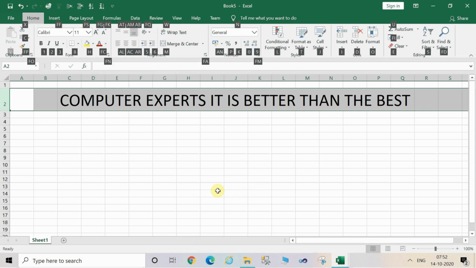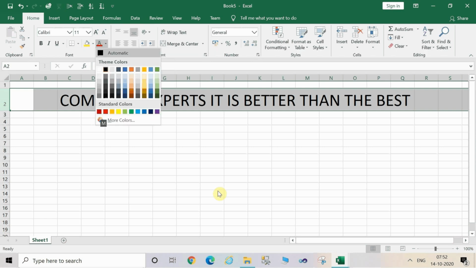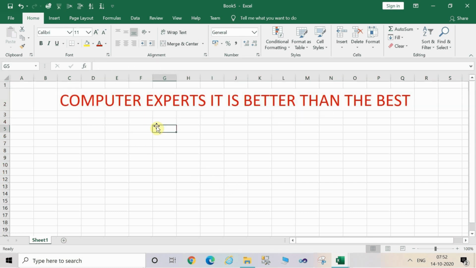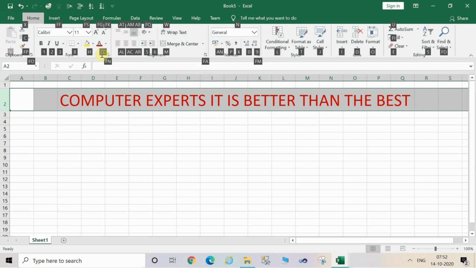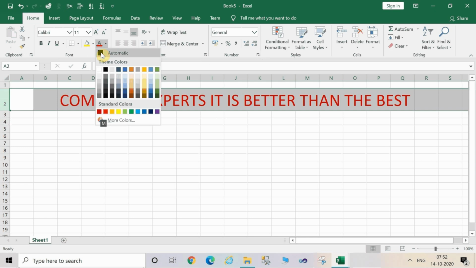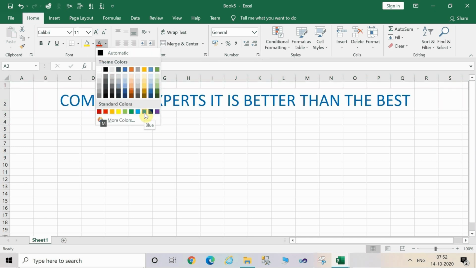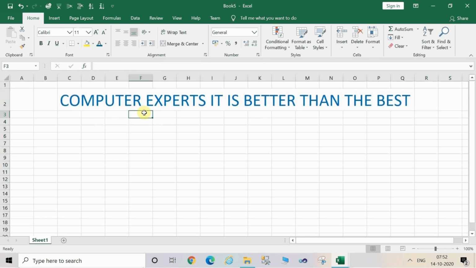To change the color, the key is FC. Press FC from the keyboard and now select the desired color which you want. Like here I have done it red, and now you can take any other color which you wish. Again, repeat the same keystrokes, which is H, FC. Alright, and now change the color to blue.